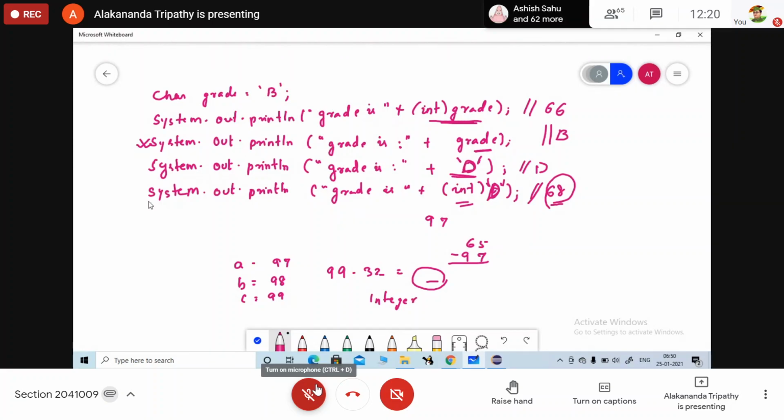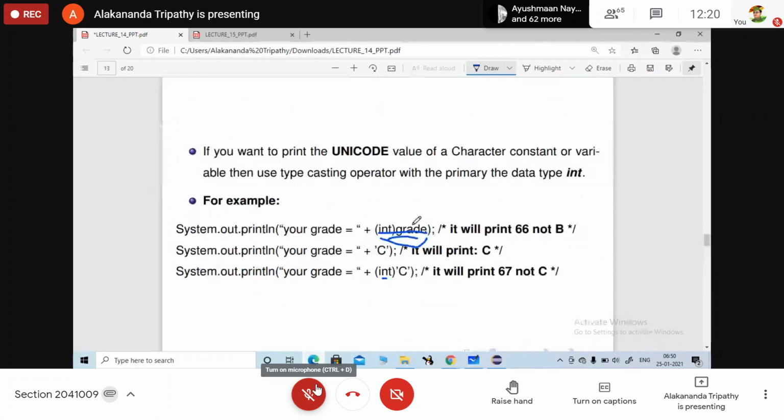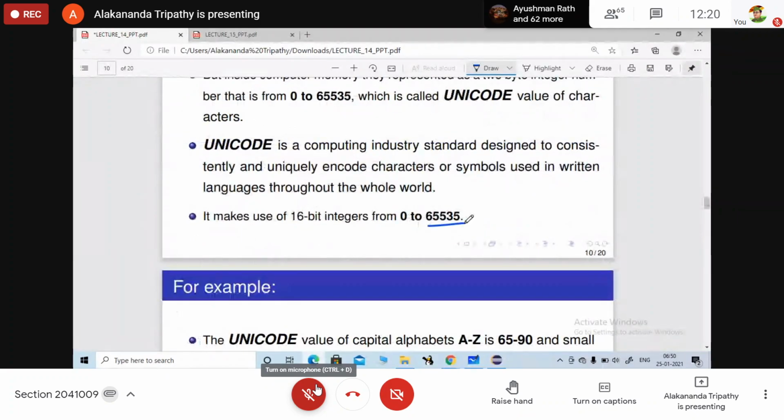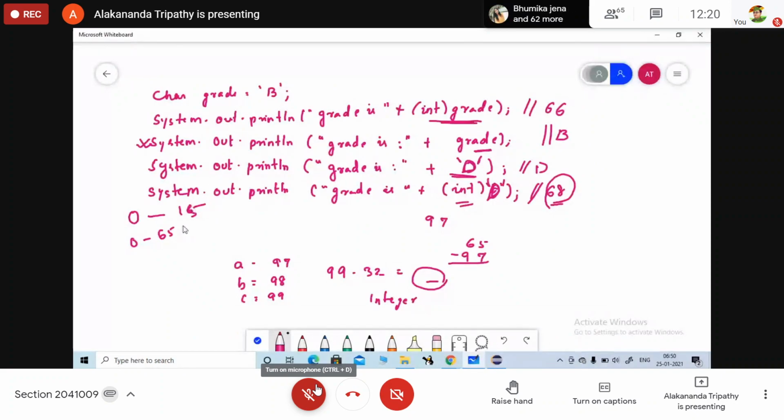But in Unicode, we are storing the values from 0 to 65535. These are positive numbers.